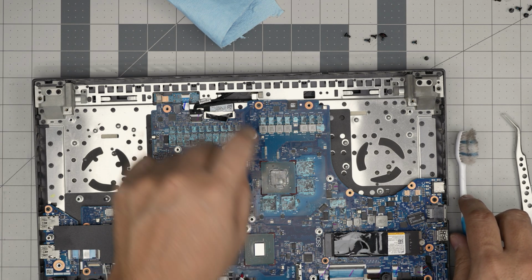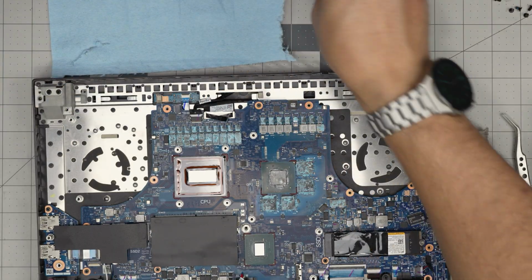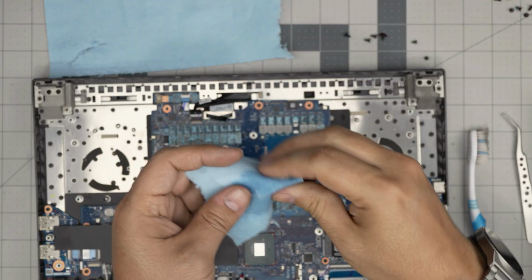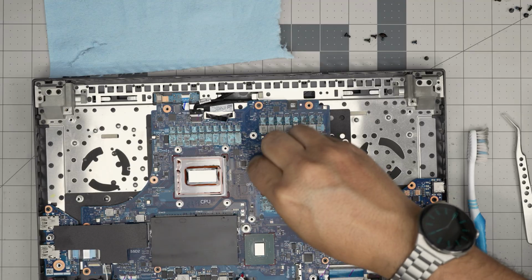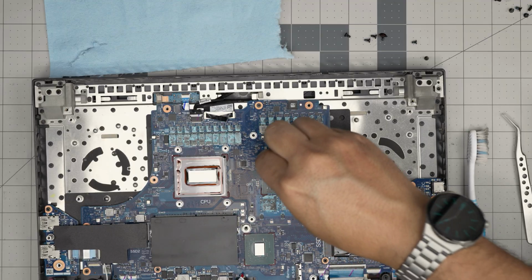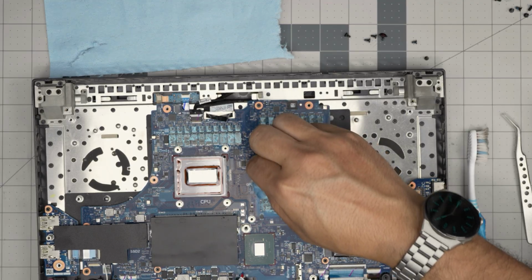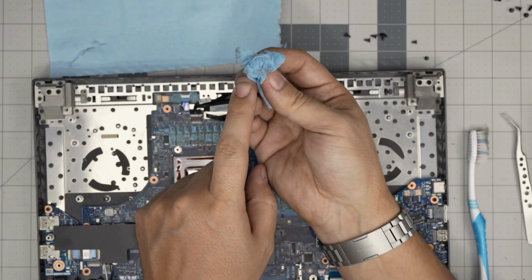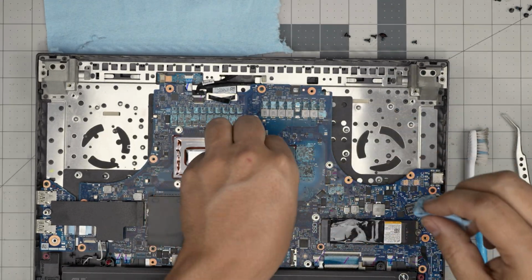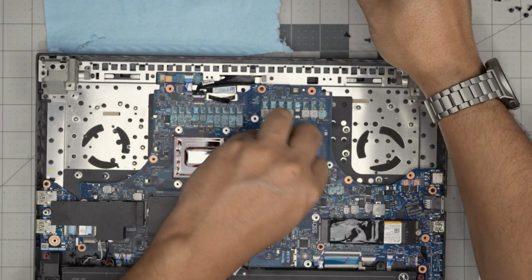Now we're gonna clean up this old thermal paste. Soak it in alcohol and just in a circular motion go over the crystal die of the GPU. You see how this one rips apart, and it will prevent damage to the components. We can put a little bit of alcohol on top of this one and leave it there to let it